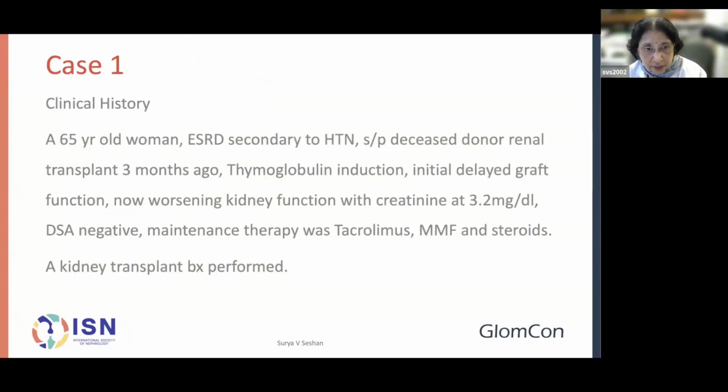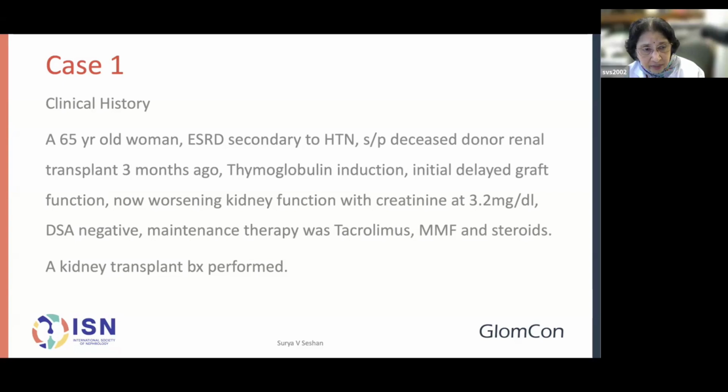Now, before we embark on revealing some of the surprises that tissue transcriptomics can teach us, I would like to quickly go through 3 typical cases of rejection with a biopsy so that we will have a perspective